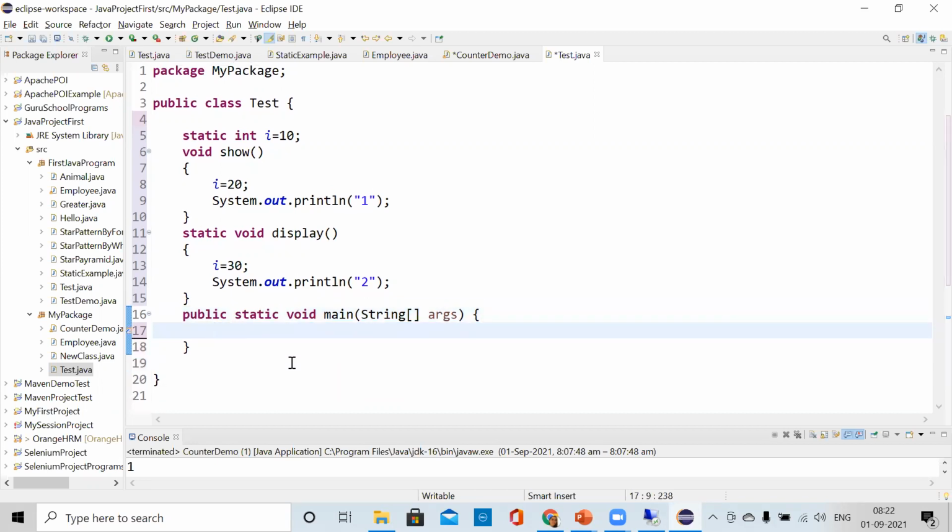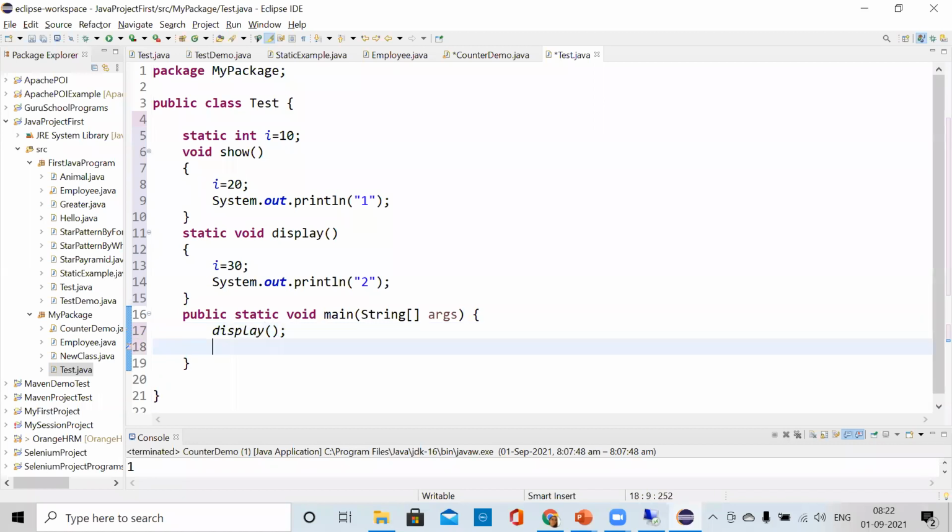What will happen is inside the main method, you can call the display method directly. You don't need test.display also. We wrote test.display now, but that is also not required. We can call this display method directly. Can we call the show method directly?